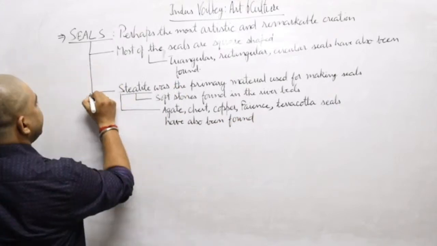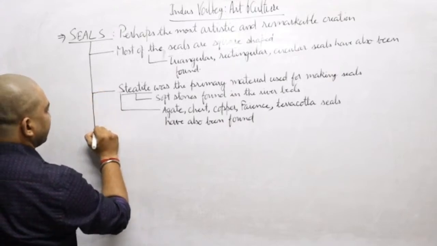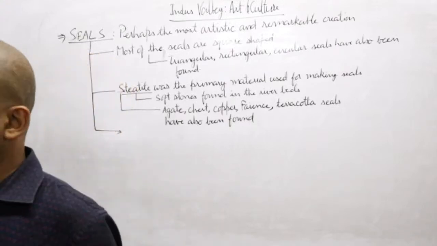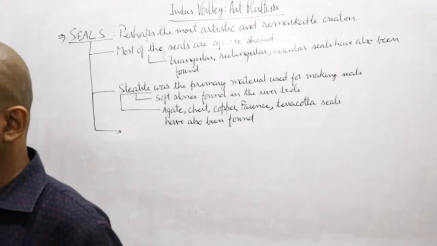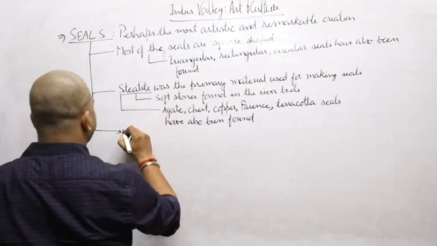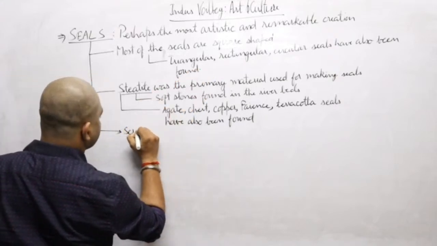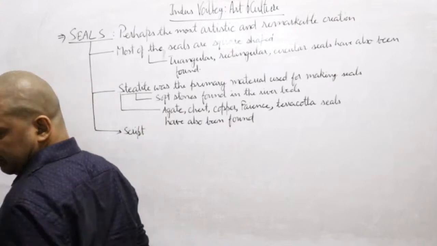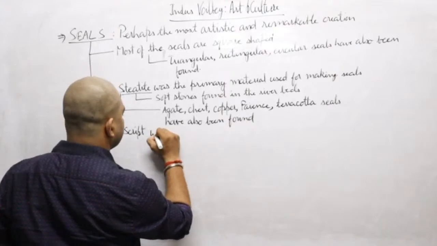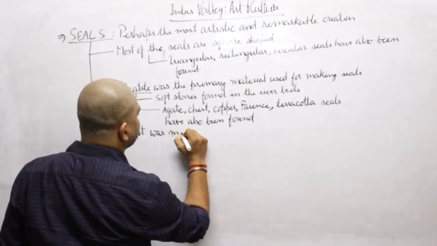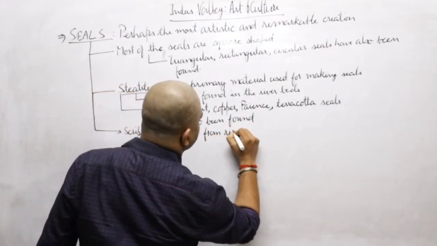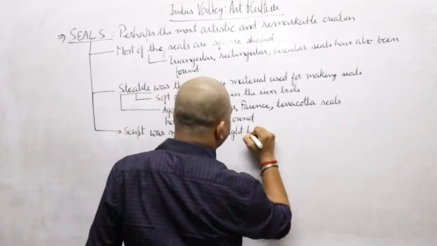Now, almost each and every seal carried an animal motif, and they had some inscriptions which were mostly pictographic. So the script was mostly from right to left,